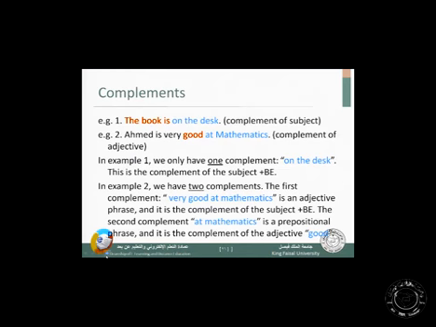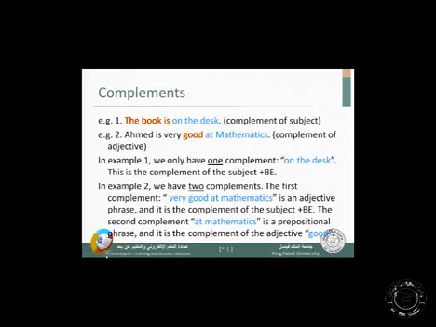So the book is on the desk. On the desk is a complement. Ahmed is very good at mathematics. Very good at mathematics is the complement of the subject plus be. But there is also another complement. Okay, it is within the first complement. So very good at mathematics, the adjective good needs a complement. So Ahmed is very good. If we want the full idea here, we need to say, okay, what is he good at? So when we say Ahmed is very good at something,